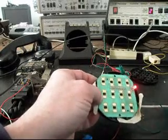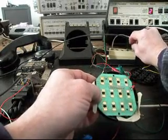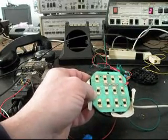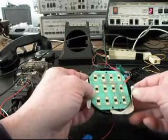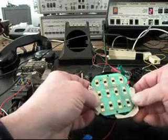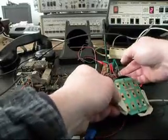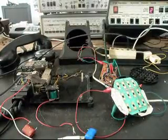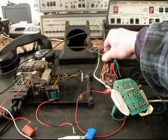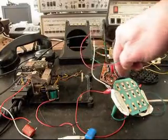Basically what it comes down to is HG always has these cool telephones that he sends in, and they always end up being really interesting types of conversions and repairs. So I want to set that to the side now. Another thing I want to show you is, since this telephone was of the age and did not have a bell in it,